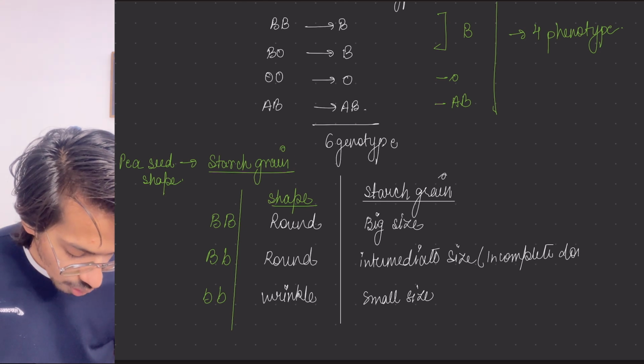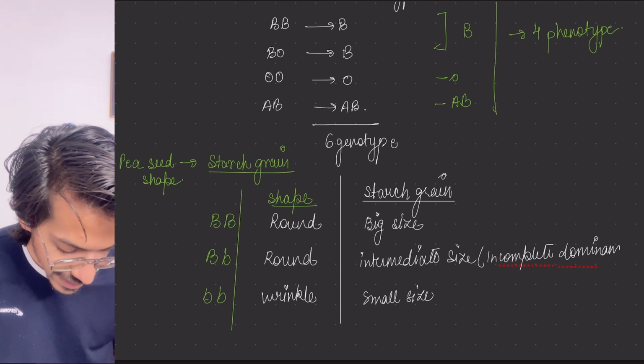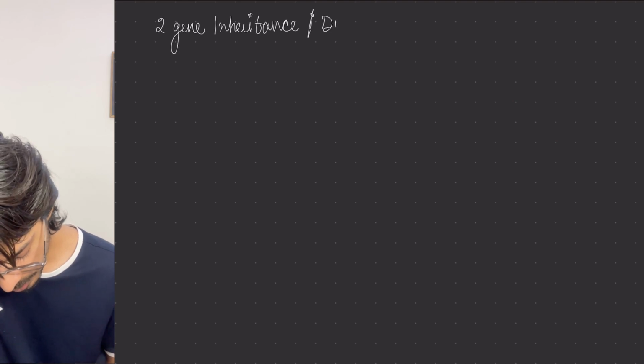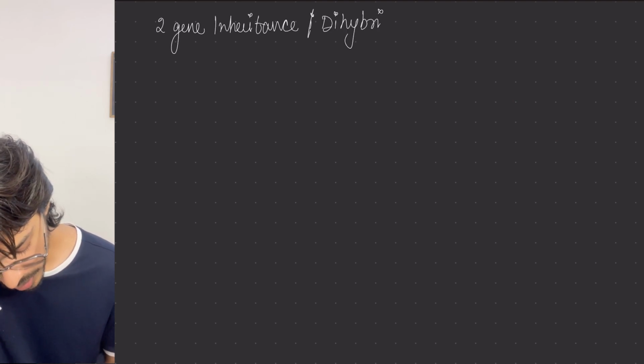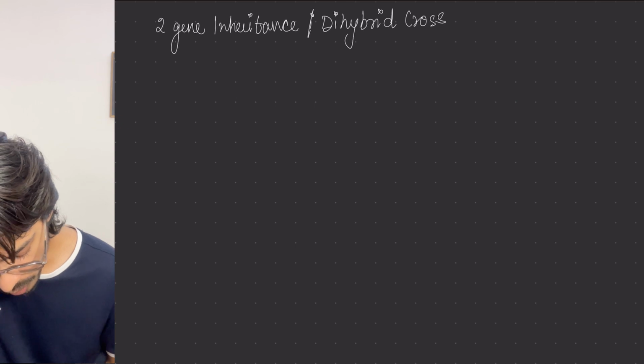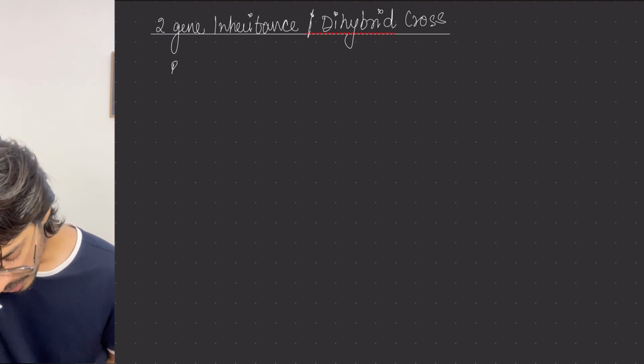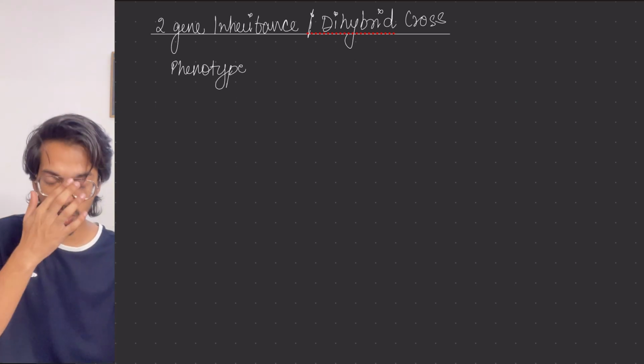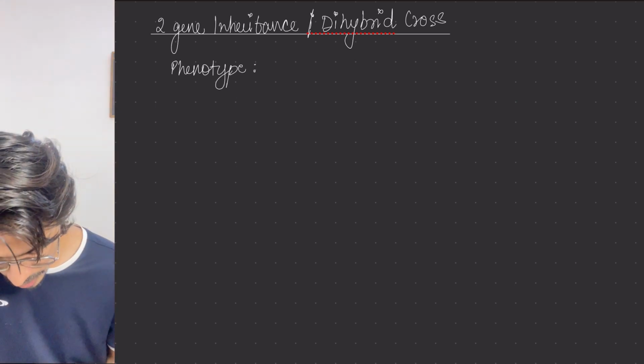So we have seen almost all the possible examples over here. Okay, moving on to the next thing, that is 2-gene inheritance. 2-gene inheritance means what? It is talking about dihybrid cross. So in dihybrid cross, what would be the phenotypic ratio, if you remember? The phenotypic ratio only you have to remember. Genotypic ratio is a vague, big one. You don't have to. The phenotypic ratio is